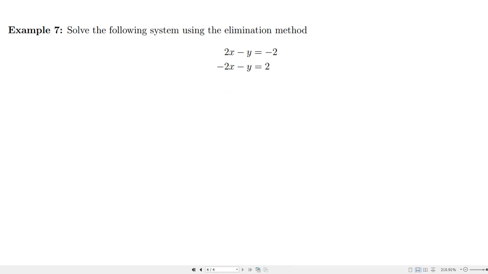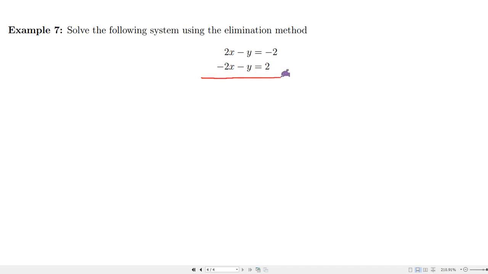All right, so let's solve another one, and let's look at what we have. We want to use the elimination method. We have 2x minus y equals -2, and -2x minus y is equal to 2. So what is the simplest variable to eliminate in this situation? Well, the x, because they're already negatives of each other, right? So we don't have to do any multiplication to make them negatives of each other. If you wanted to eliminate y, we could multiply the second equation by a negative, but we don't have to